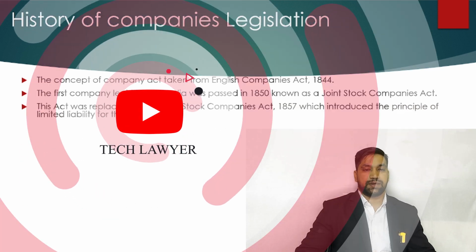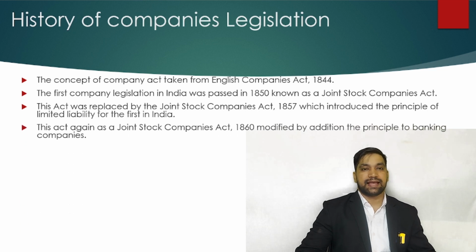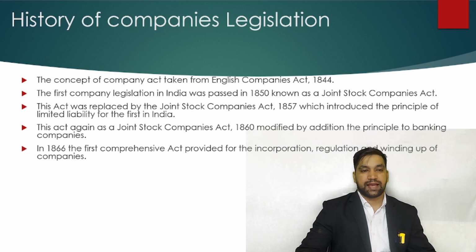This act was replaced by the Joint Stock Companies Act 1857, which introduced the principle of limited liabilities for the first time in India. And this act, again as the Joint Stock Companies Act 1860, was modified by the addition of the principle of banking companies, and in 1866 the first comprehensive act provided for the incorporation, regulation and winding up of